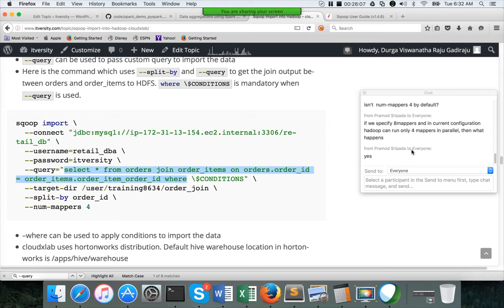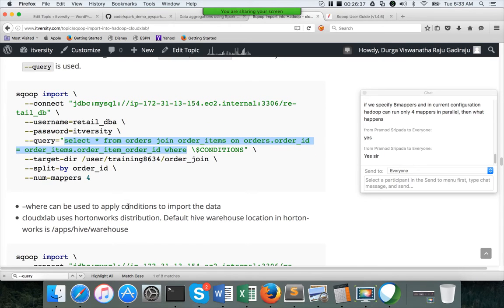Okay, so think about MapReduce. When it comes to execution, what will happen in MapReduce? The same thing will be applied whether you use Sqoop or Hive or any other technology which uses MapReduce as the execution engine. I hope that answered your question. If not, you can follow up at the end of the class, unless you want to clarify immediately.